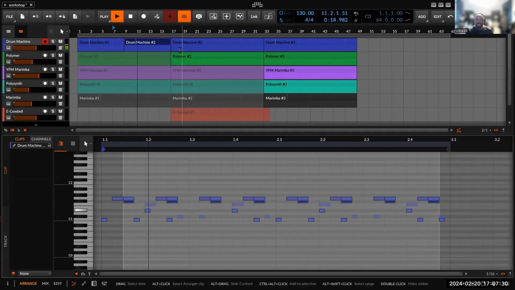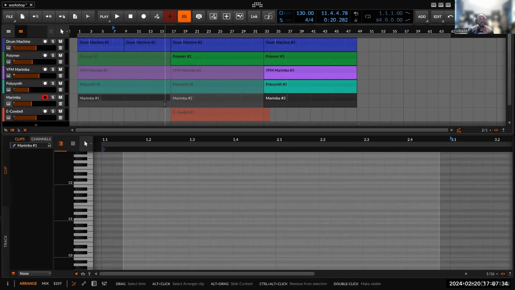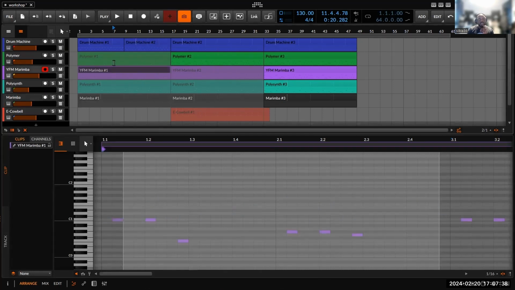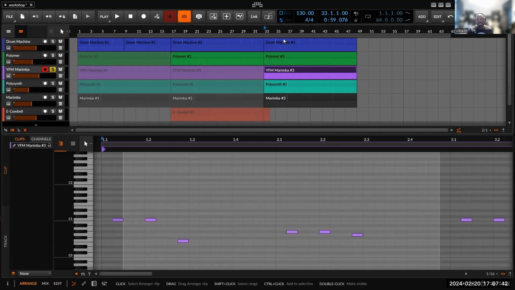Build it up. I probably would like some sort of musical element in there as well, not just pure drums. So remember we had this element here. I could use that here. So